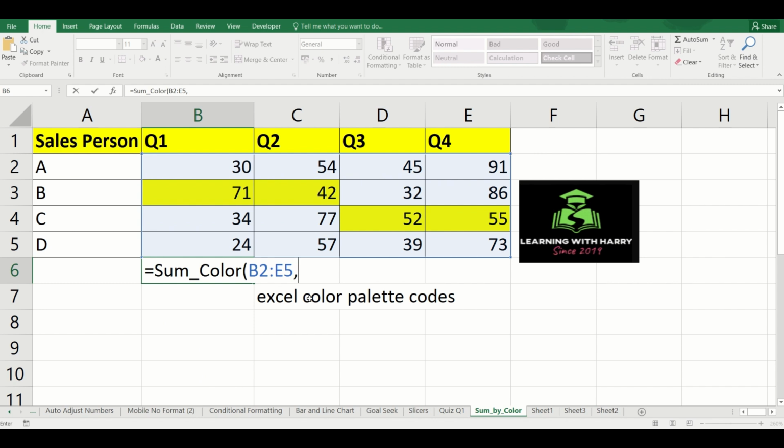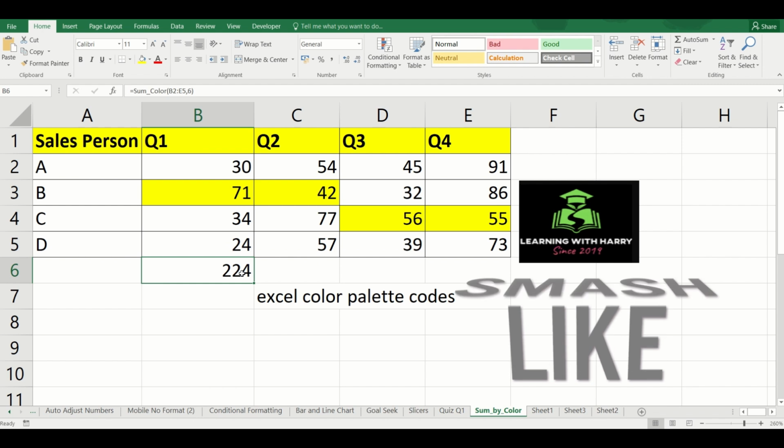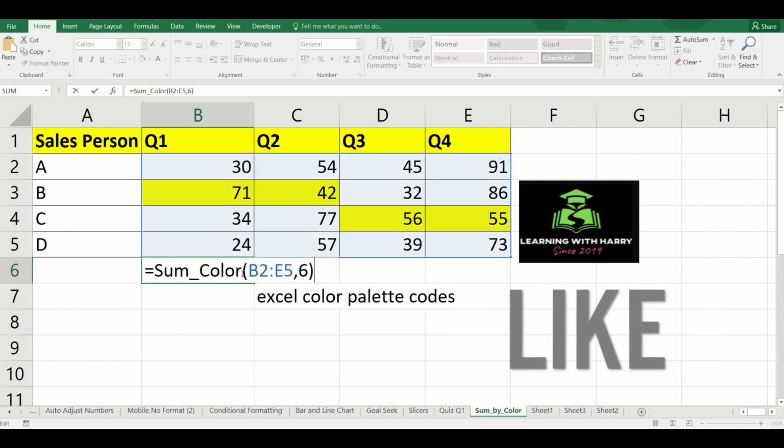You need to get the code from Google. For each color there is a code. So I have a number 6 which is dedicated to yellow color. Put 6, put equal to, you will get the sum. You can do it manually, and if you change it, it will get changed for the cells that are highlighted